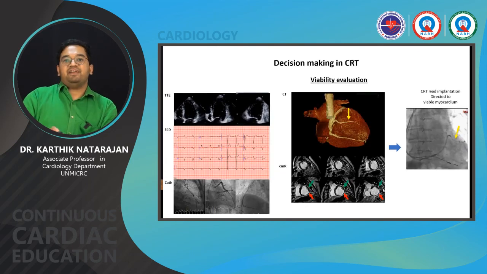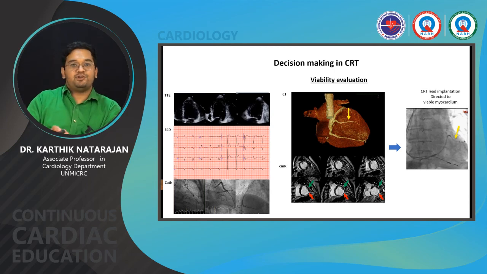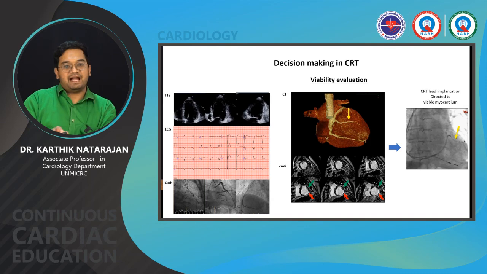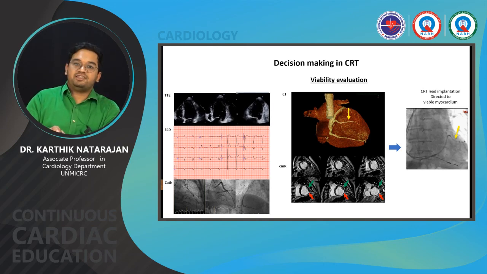The final example where decision making is very useful is CRT. This patient was a post-CABG patient 10 years back with well-functioning grafts but having very severe LV dysfunction. The ECG shows a left bundle branch block. And this is an integration of the CMR with the